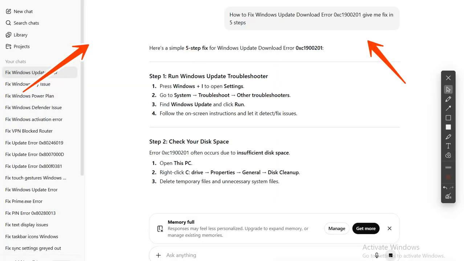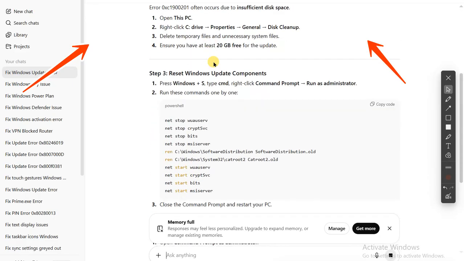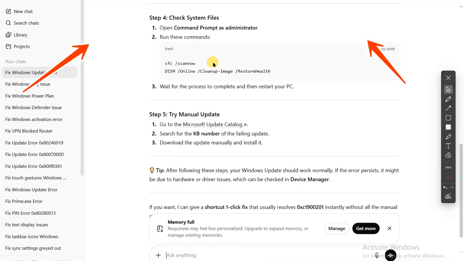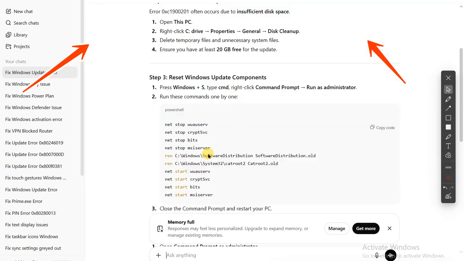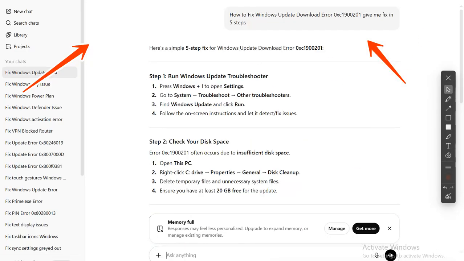After testing myself, I found a simple trick that actually works. Clearing the SoftwareDistribution folder, running the Windows Update troubleshooter, and repairing system files with SFC and DISM fixed it completely. After that, updates download and install